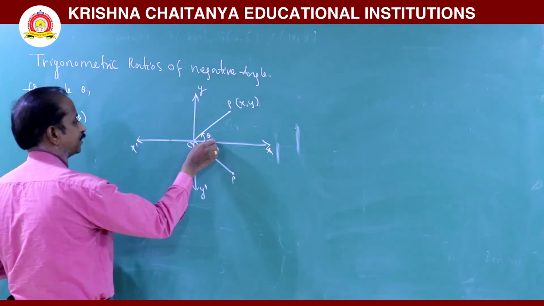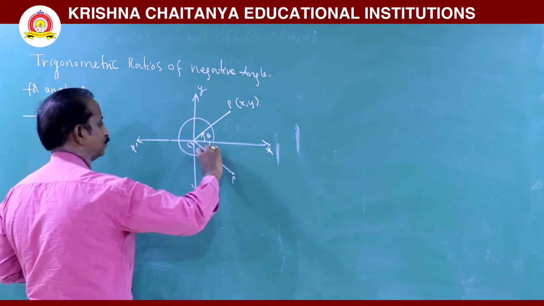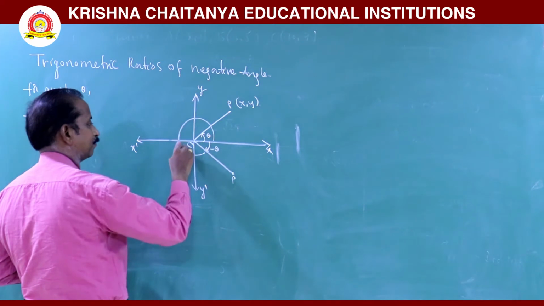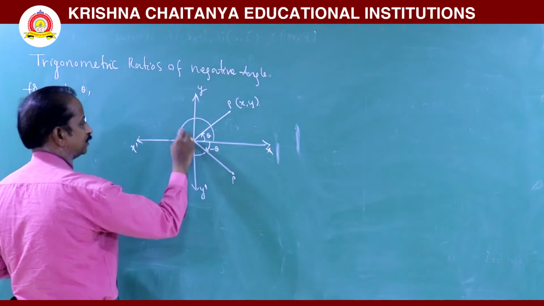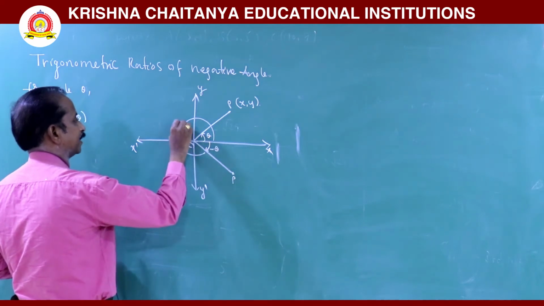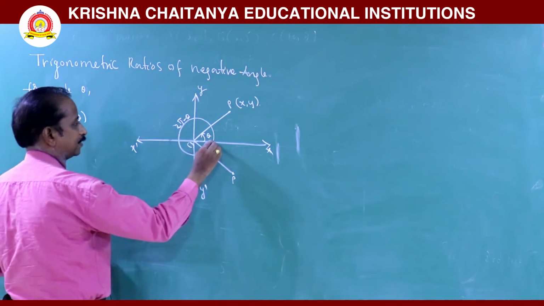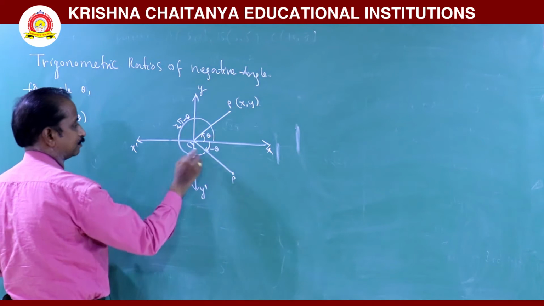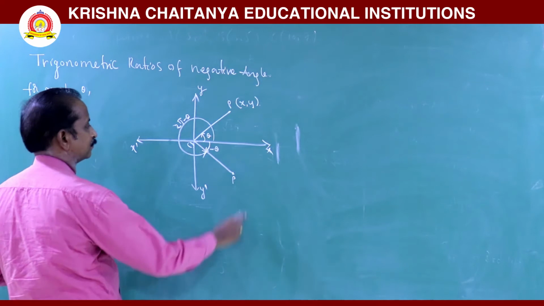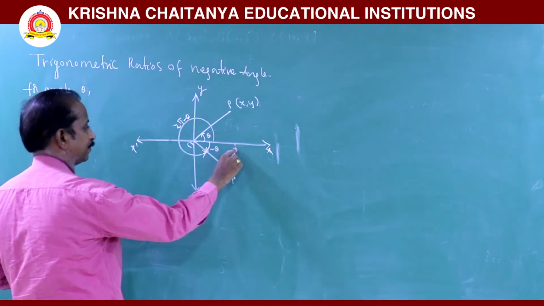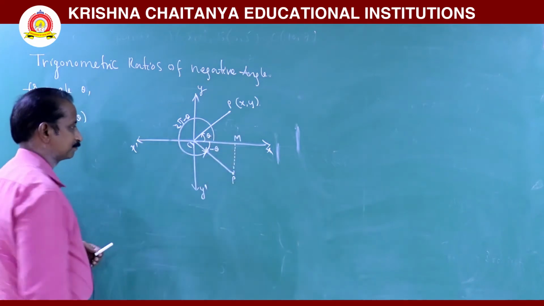What is the angle of rotation in anti-clockwise direction? It is completely one turn, means 2 pi radians. Total complete turn is nothing but 2 pi, but this rotation up to now is nothing but 2 pi minus theta. Now draw a perpendicular line from P to x axis, it meets at a point M.